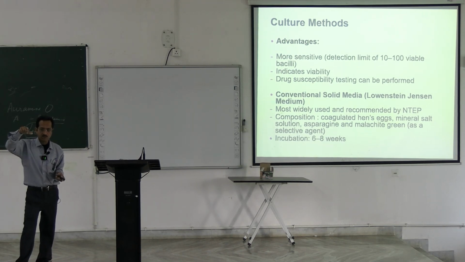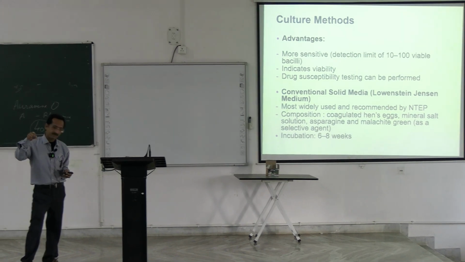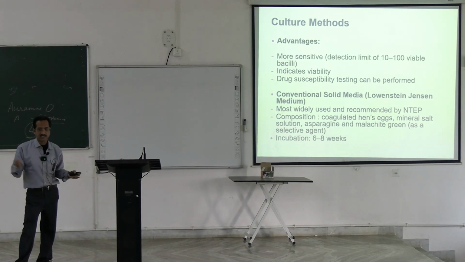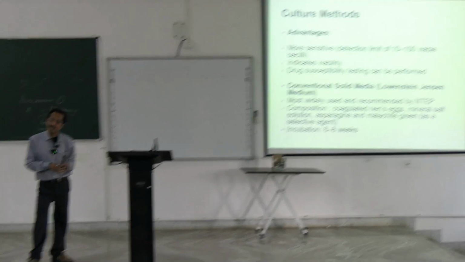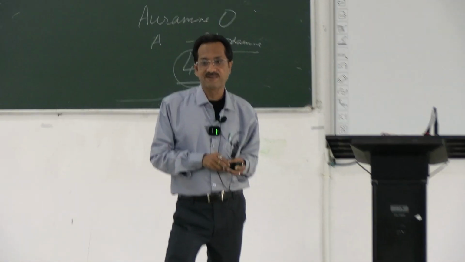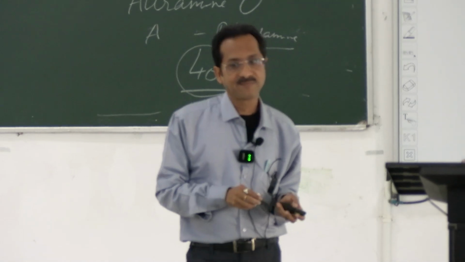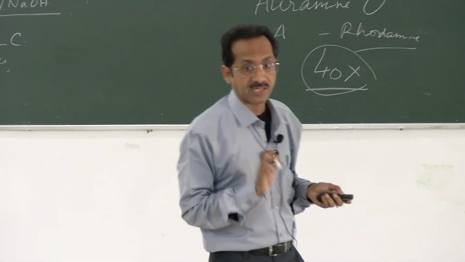You have seen the screw capped bottle of LJ media, and that should be opened once or twice a week to give some oxygen inside the screw cap tube, because tuberculosis bacilli are strictly aerobic. What is another strictly aerobic bacillus you will read? Any idea? Pseudomonas is another strictly aerobic organism other than tuberculosis.